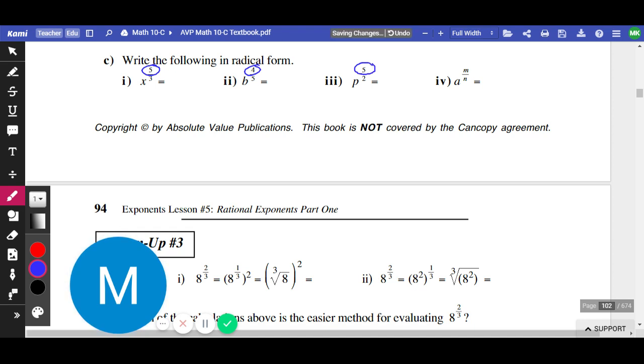They're changing it up. When we go to convert things, and it's not a 1, we treat it exactly the same. So when we go to put this into radical form, we draw a radical sign. The bottom number becomes the index, and the rest of the power, which is x to the power of 5, becomes the radicand. Like that.